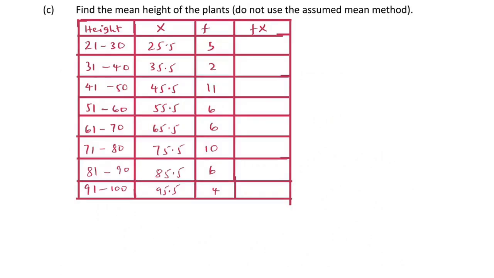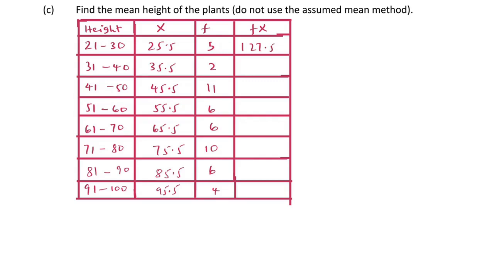For part C, find the mean height of the plants. Do not use the assumed mean method to find the mean. Now let us add another column for the product of the frequency and the class mark, marked as fx. To find the values for fx, we are going to take the frequencies times the class mark. For example, for the first class, we are going to take 25.5 times 5, of which solving that, the value is going to be